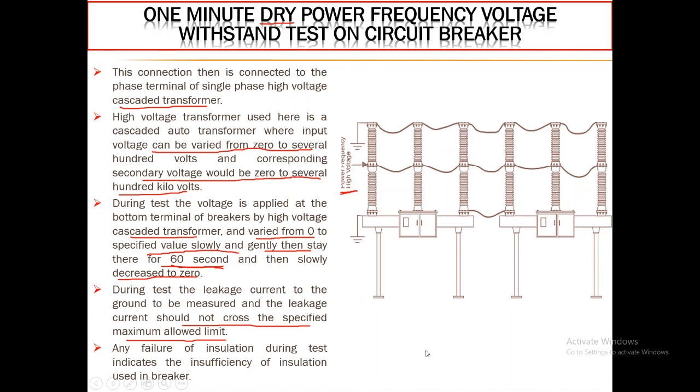The impulse voltage test can also be very important to perform over circuit breakers. The information related to that impulse voltage test can be accessed by searching on Google. You can find many literatures available on how this impulse voltage test is conducted over circuit breakers to assess their quality under the impact of lightning over voltages and switching over voltages.